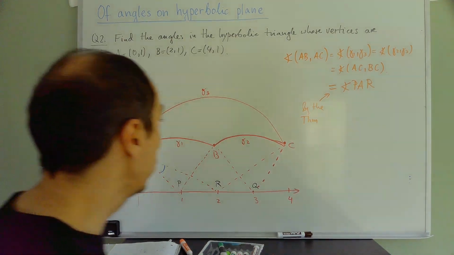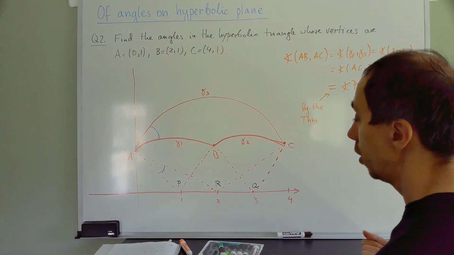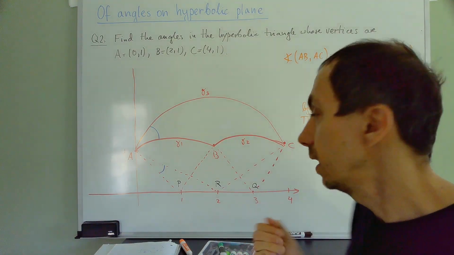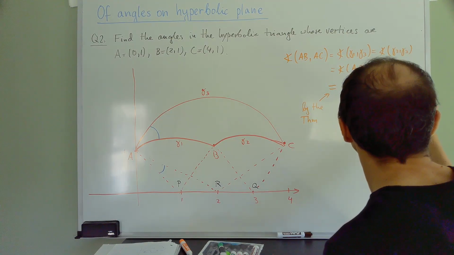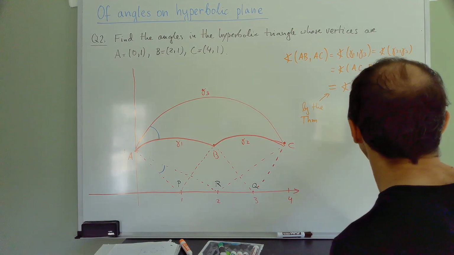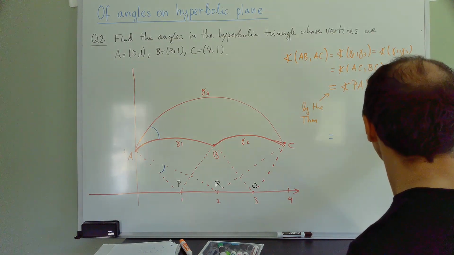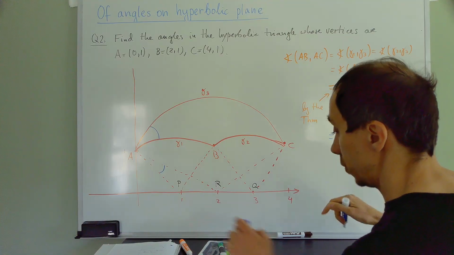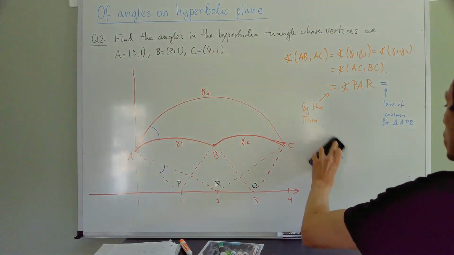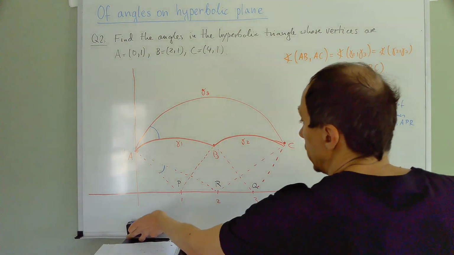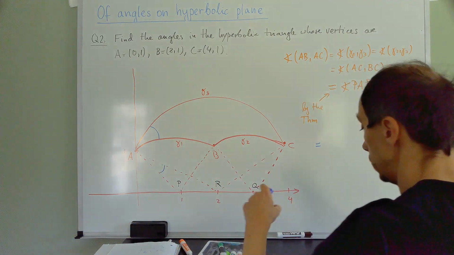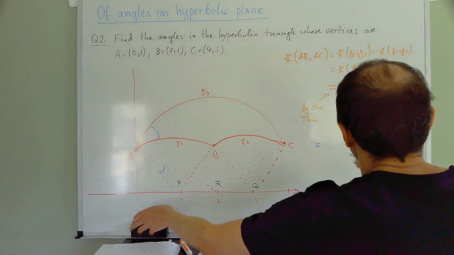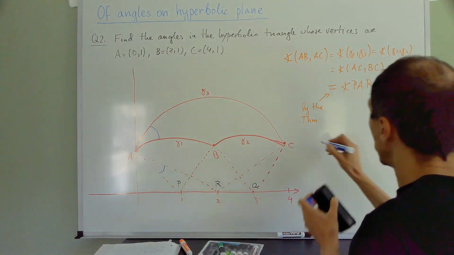And how do we compute the angle PAR? Well, we can just use the law of cosines from the plane for triangle APR. So how does the law of cosines work? If I want to get this angle, that's arc cosine of